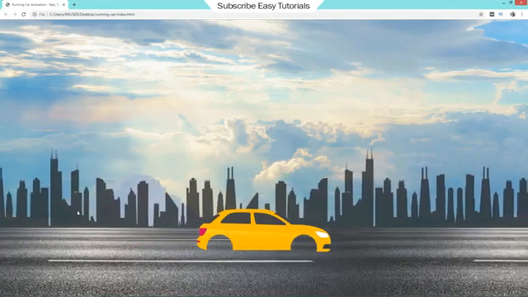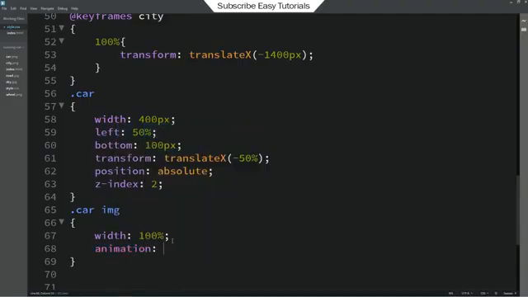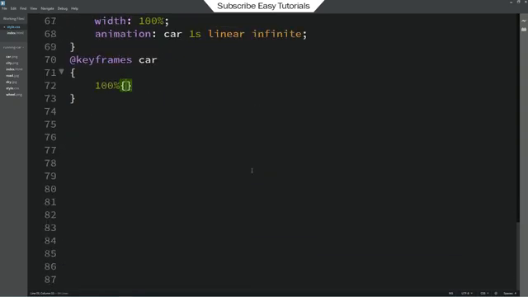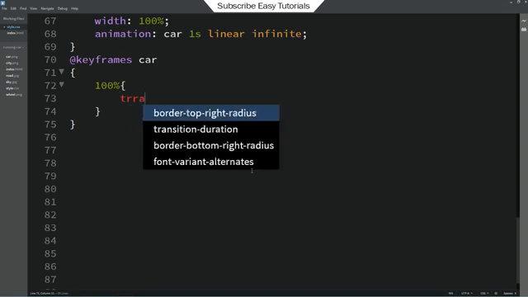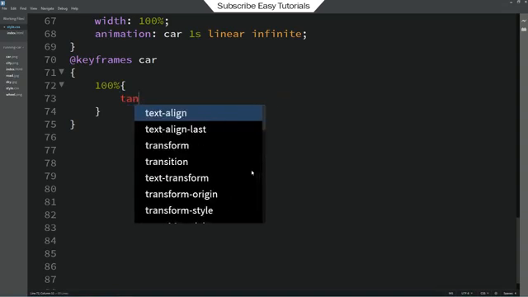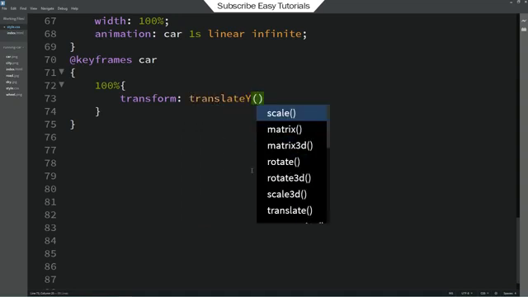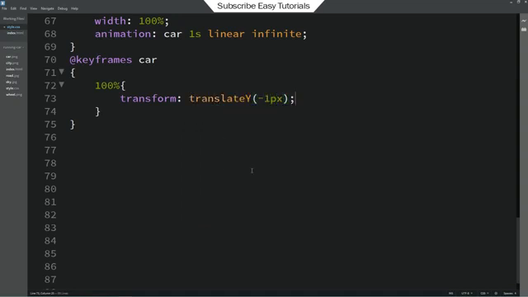Now we will add animation on this car also. So here we'll add animation car, 1 second, linear, infinite. Let's copy this car, write keyframes, 100%, transform translateY minus 1 pixel.